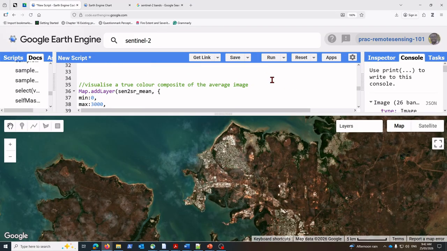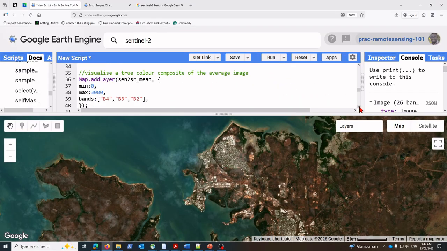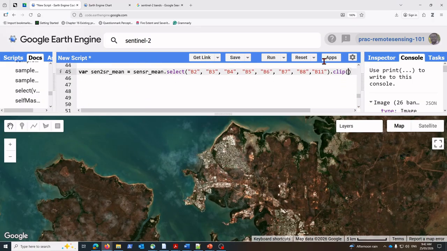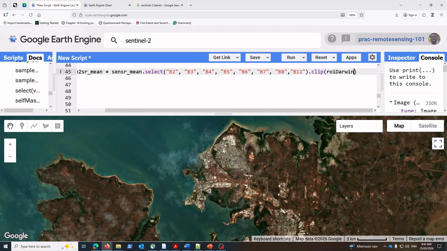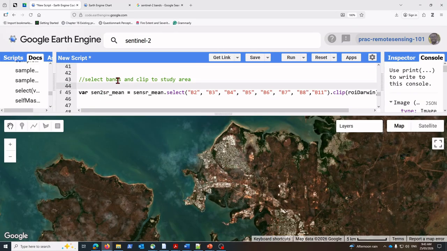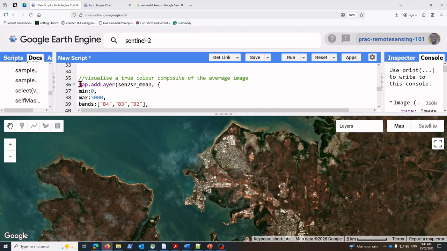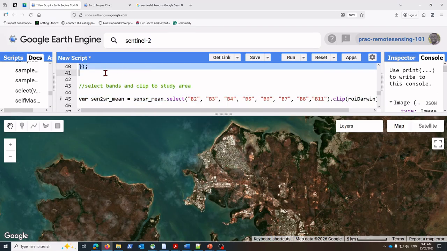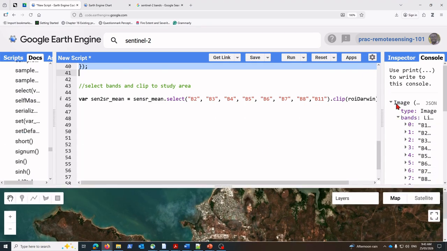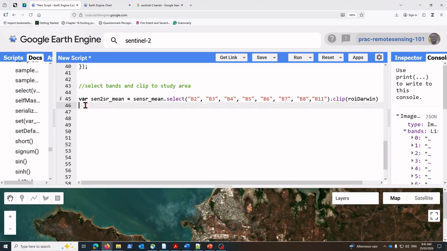ROI Darwin. So I'm just going to copy this, and then I'll find this and stick it here, because that is the argument for that. And you can always read the docs to really understand what we're doing here. So now we're going to trim this, and then once we trim this, you may have to run this again. Once you trim it, you may have to visualize it again to be sure that the selected bands have worked, and also the trimming